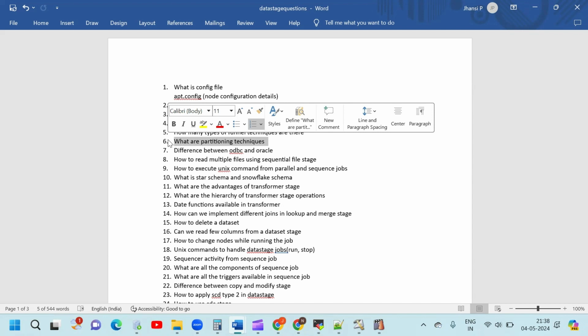And same partition means, say suppose already data is partitioned in my stage 1. I want the job to follow the same divided data to the next stage also. Then we are going to use